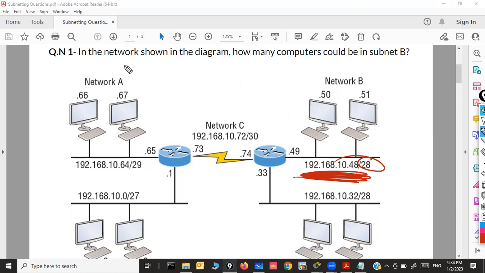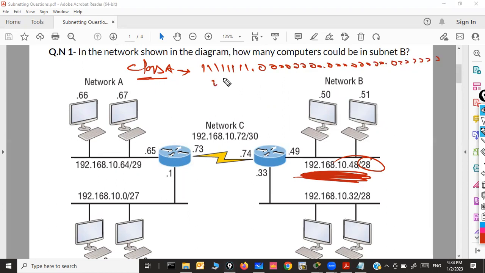Without subnetting, if you remember, let me quickly recap those concepts as well. In class A, the first octet represents the network portion. If I write it in binary, the representation would be this. In decimal, I can write this, or in CIDR notation, I can write /8. So there are three different ways to write the subnet mask. In binary, 8 ones and then 24 zeros. In decimal, 255.0.0.0.